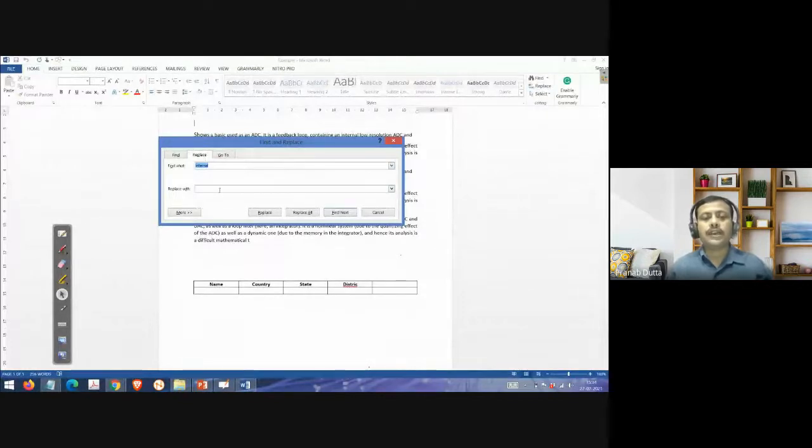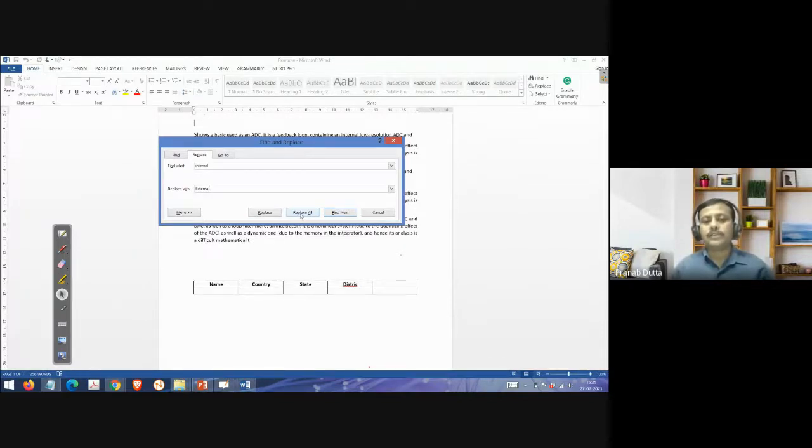Suppose I want to replace internal with external. In the replace window, find what: internal, replace with: external. If you want to replace only one or replace all, that depends upon you. You have to select replace all or replace one. So I'll just choose replace all.